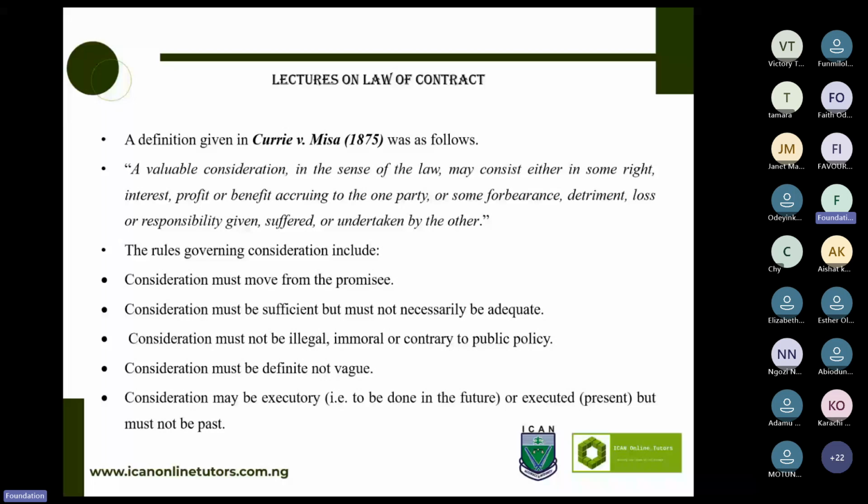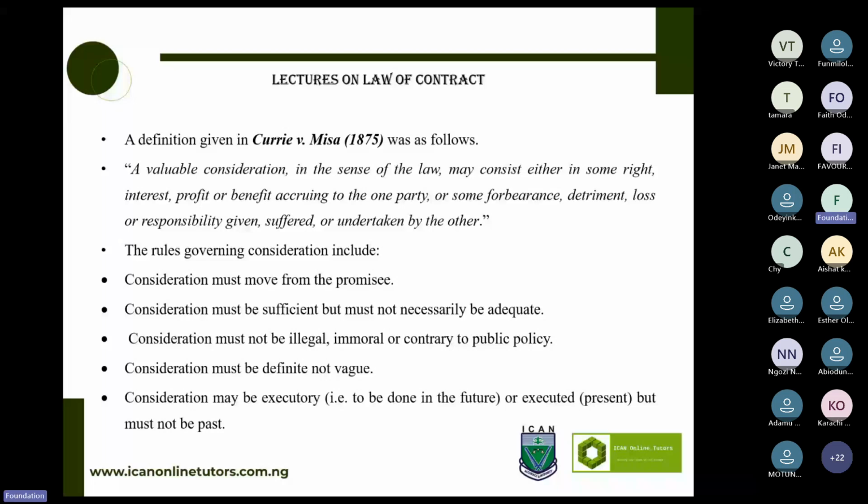That's a good compensation. Now, consideration must not be illegal, must not be immoral, must not be contrary to public policy. There are some considerations that people give in kind. You might not know, but it happened. So it is contrary to public policy. Some consideration can come in an illegal way, and some can come in an immoral way. So the law says these are not okay. It's a principle governing consideration that consideration must be legal, must be moral, and must align with public policy.